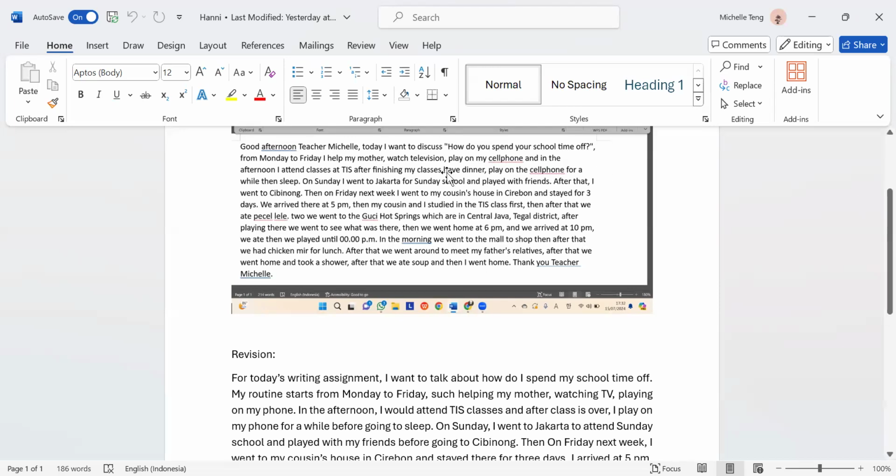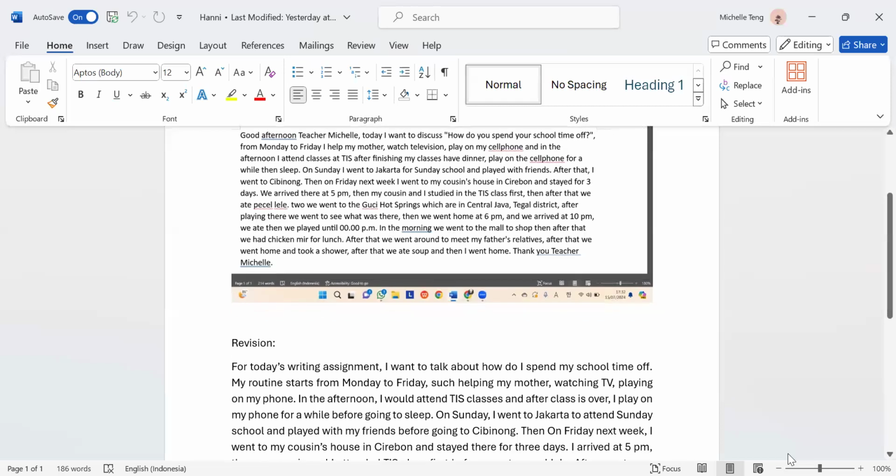I also think that we should not put too much comma in a whole sentence. It makes the sentence really long, so we should cut it shorter. From here, "how to spend time off," we have a comma and then another comma until right here, the sleep, there we have a full stop. It's really long, so I divided the sentences into smaller parts. For example, "I want to talk about how I spend my school time off." We add a full stop right here, and then we start a new sentence right here.